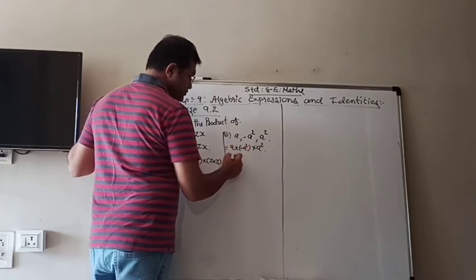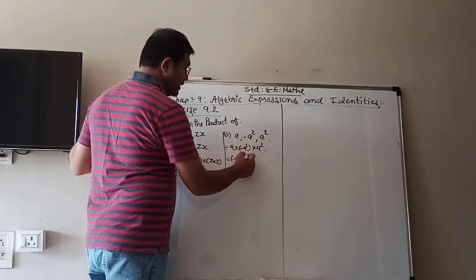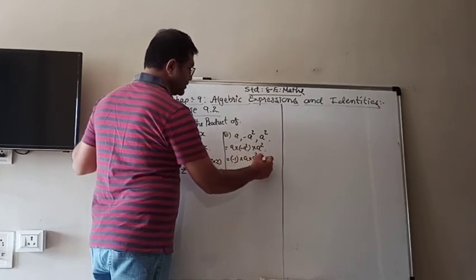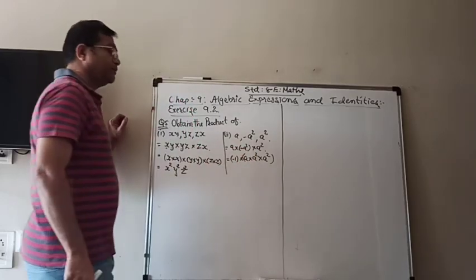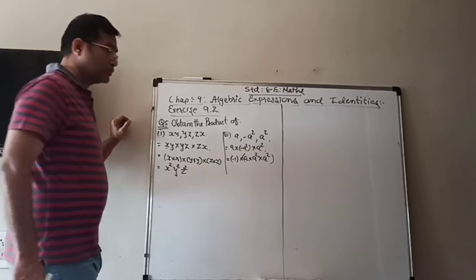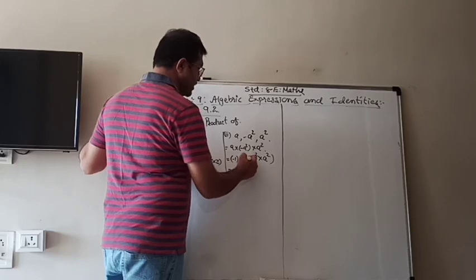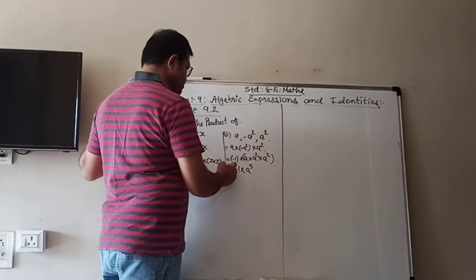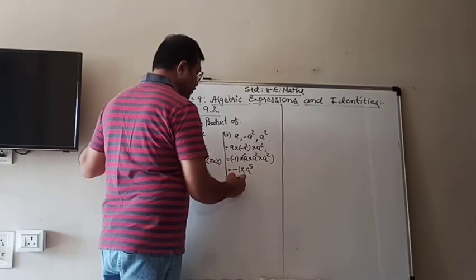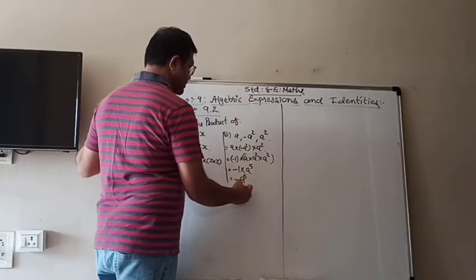So here we will take the minus 1 first, and then a into a square into a square. Minus sign is taken as minus 1, it's a coefficient. So that is equal to minus 1 into a raised to how much? 1 plus 2 plus 2, 5. But when there is a minus 1 as coefficient, we write down only the minus sign. So you write down the answer as minus a raised to 5.